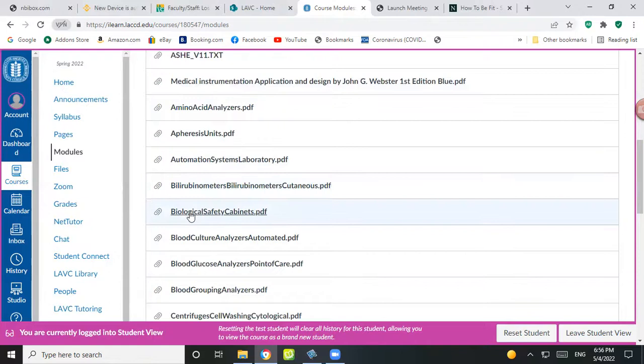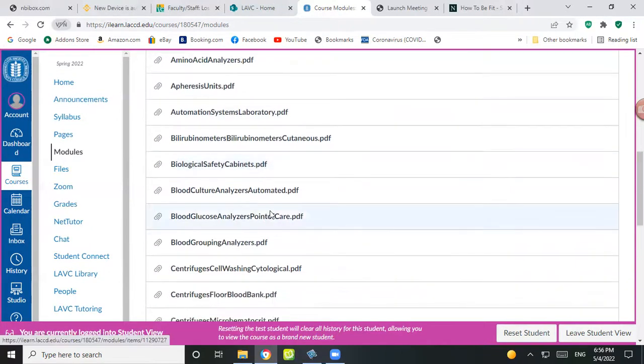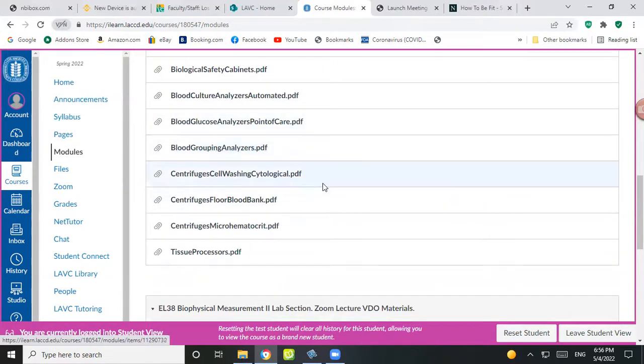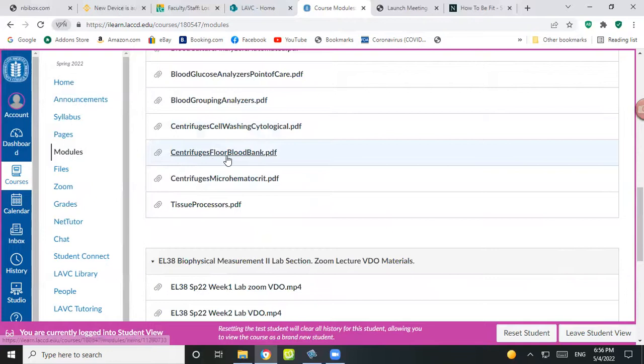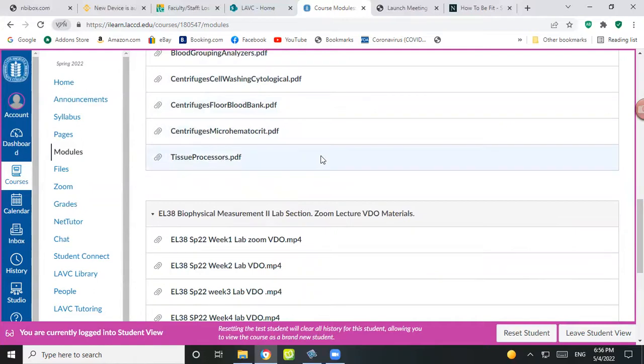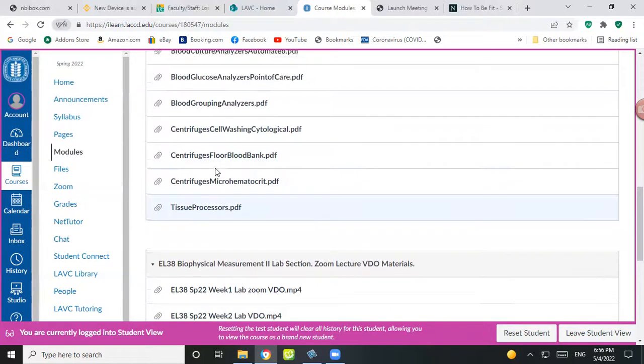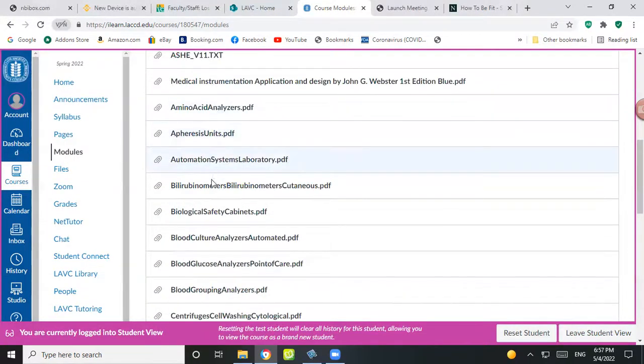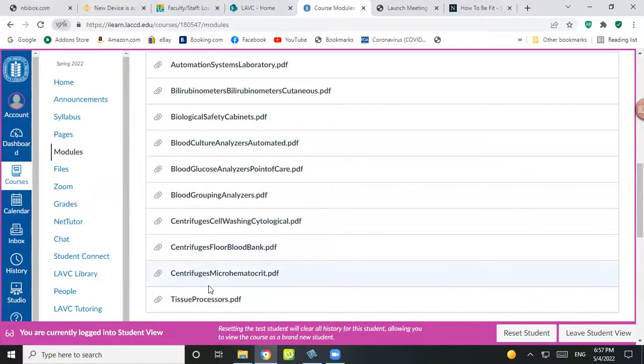bilirubinometers, biological safety cabinet, the blood culture analyzer, the blood glucose analyzer, the blood group analyzers, the blood grouping, the centrifuge, the cell washers, the cytological, the centrifuge, which is the flow models for the blood bank, the centrifuge, the microhematocrits, and the tissue processor. Okay, so there's some of the new reading materials, which is, I believe,